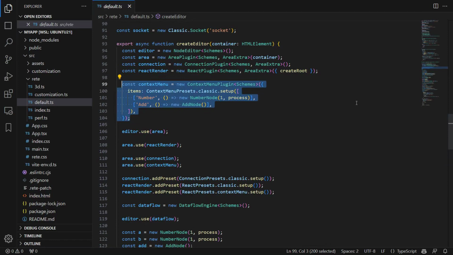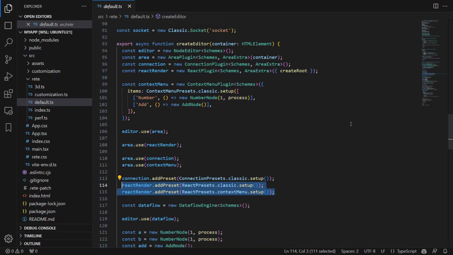Now let's see how plugins are connected to our editor. This is done using the use method. This approach is applied consistently across all plugins and facilitates a cascading linkage between them. Certain plugins require connecting presets, which are interchangeable, and you can connect them on demand.